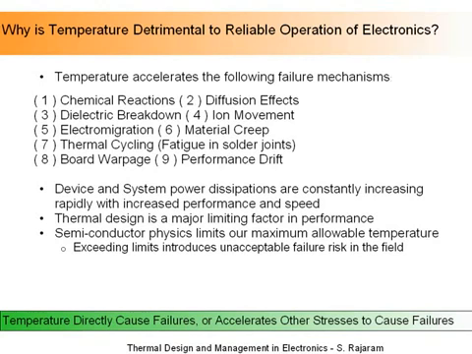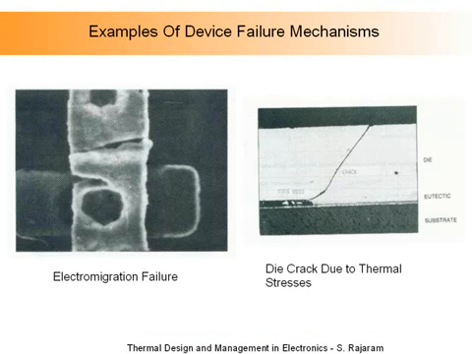Just to give you an example, here are 2 failures that you see inside a device after it fails. At the left is an electron micrograph of an electromigration failure, and on the right-hand side is a failure of a silicon device. You can see a crack running through the device, and this crack originated at this point that I'm pointing out at the base of the silicon, and because of thermal stressing, it propagates and then leads to failure. So these are just two examples giving you an idea that temperature indeed is driving failures in electronics.